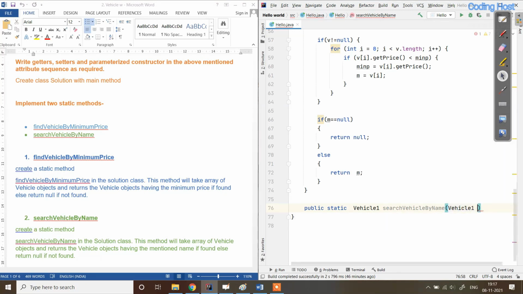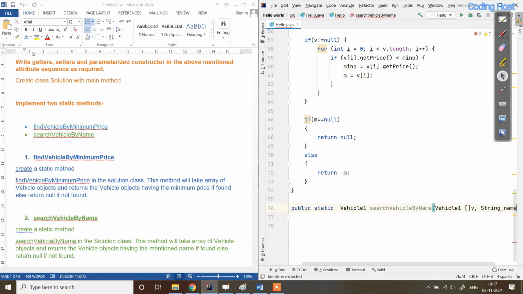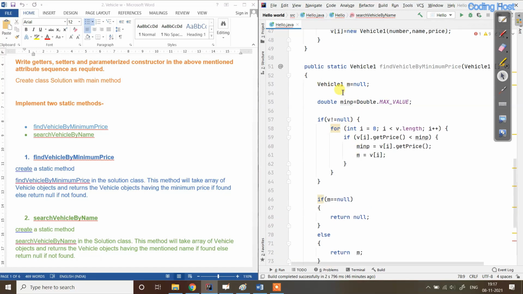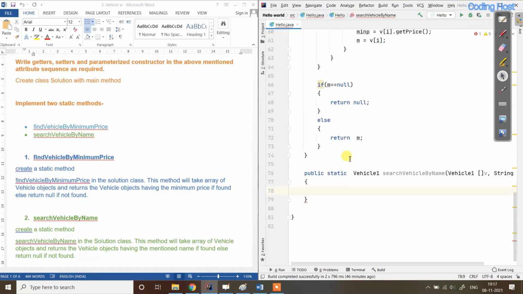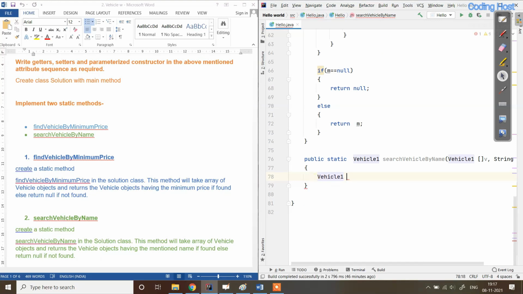So Vehicle1 v, and we also have to take a string variable, because we also have to check the name. So String name. And now in this method we also have to take a Vehicle m equal to null variable. So I will take here a variable Vehicle1 m equal to null, because later we will store an object.